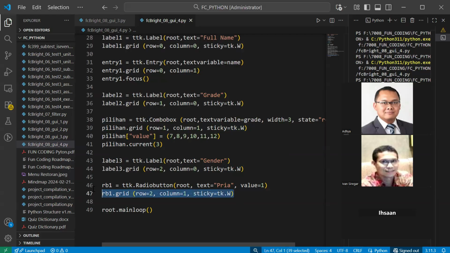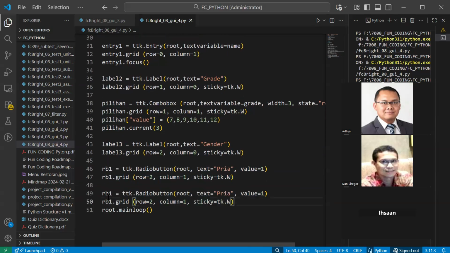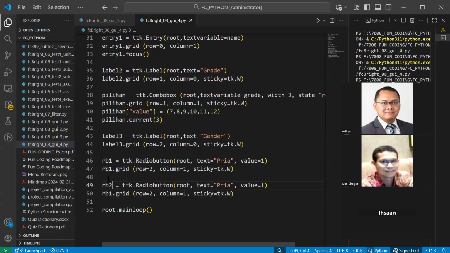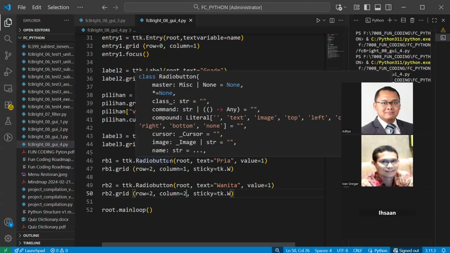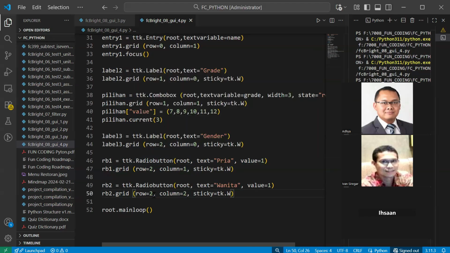So you copy this, put it below, then you have radio button 2. This is to represent pria or wanita. This wanita is further to the right, so that's why the column is column 2. Or maybe the row, we'll adjust later. As far as I know, it should be in column 2, further to the right but in the same row. If it's not enough, maybe column 3. Okay, so that's it.